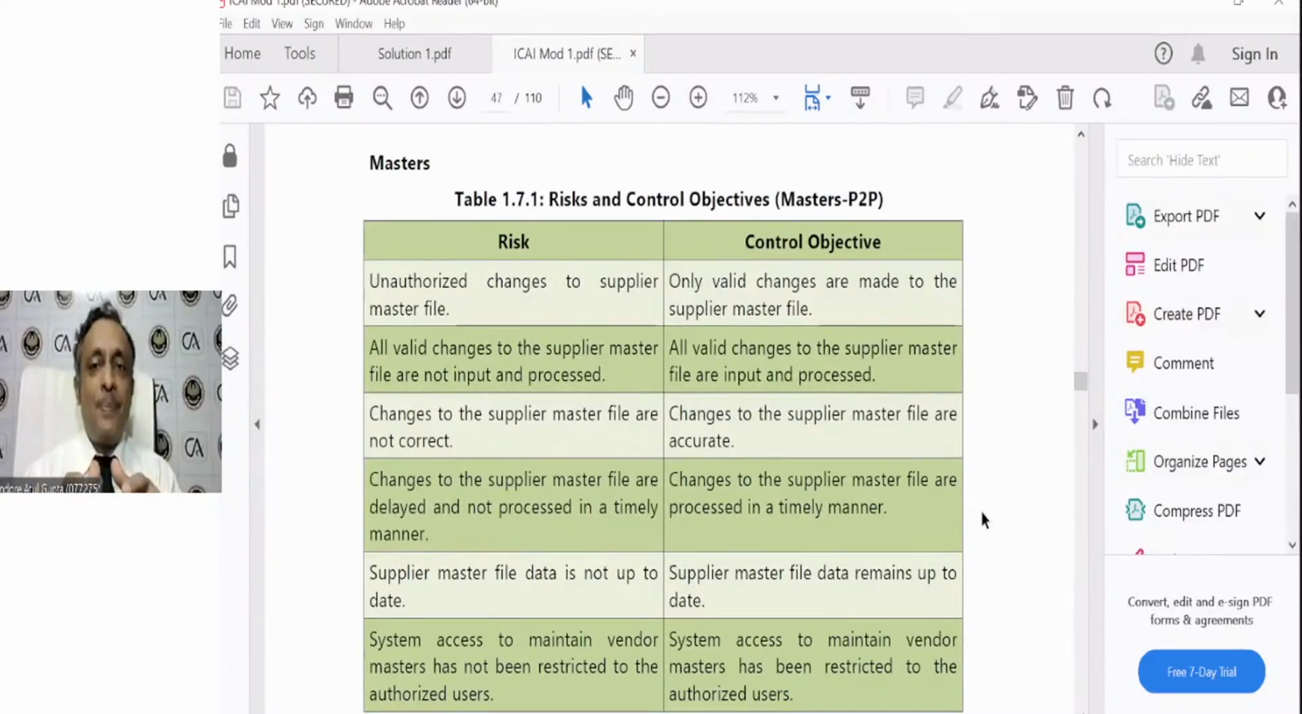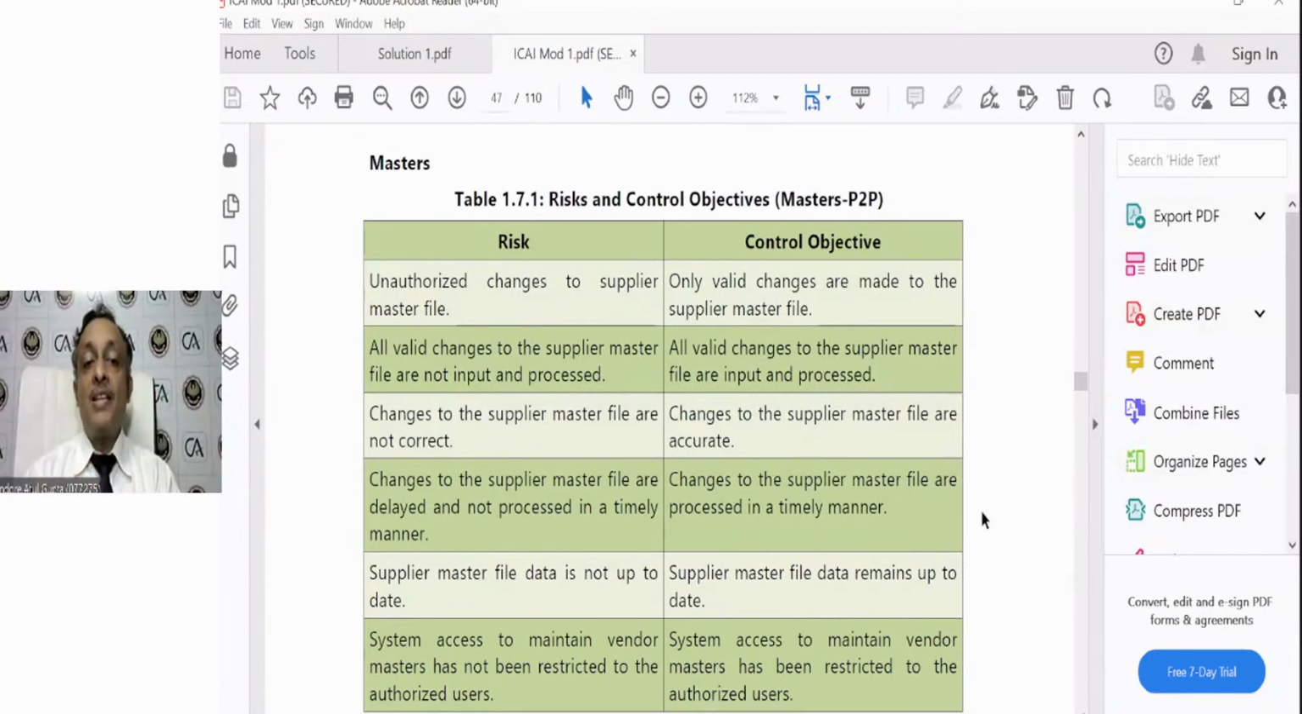जब भी supplier master file में change करेंगे, एक तरीका होना चाहिए जिससे कि उस परिवर्तन की सत्यता को प्रमाणित किया जा सके. You must be able to do it. Absolutely fantastic. So unauthorized changes, valid changes, changes to be done correctly. Then